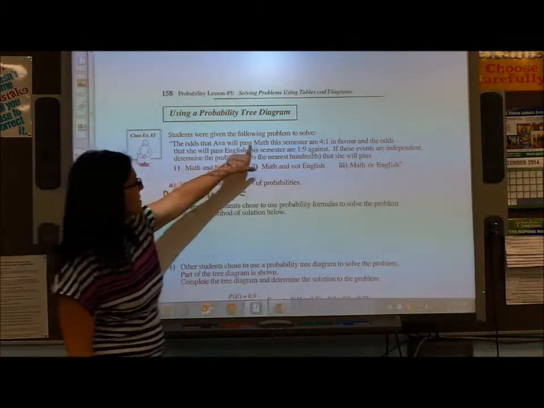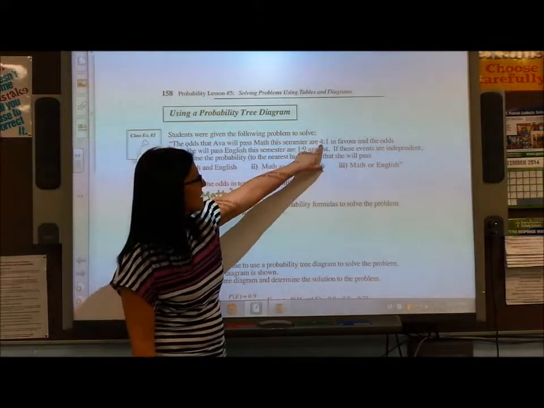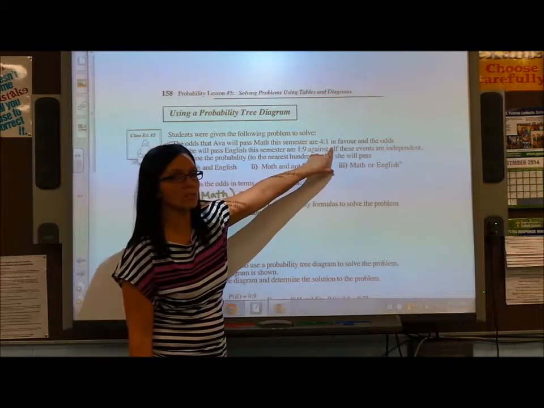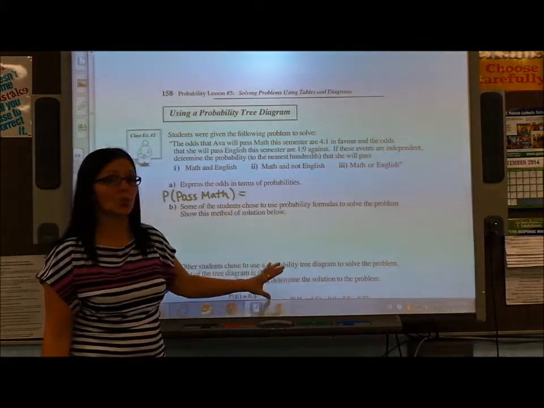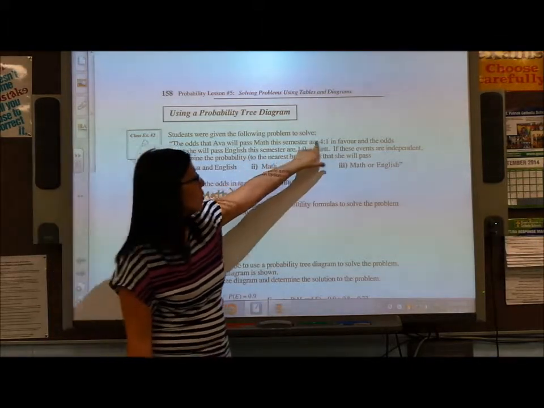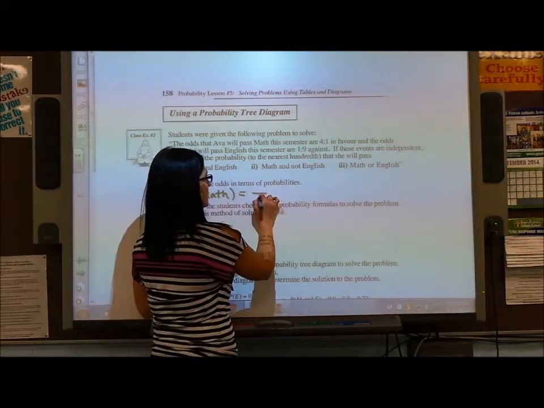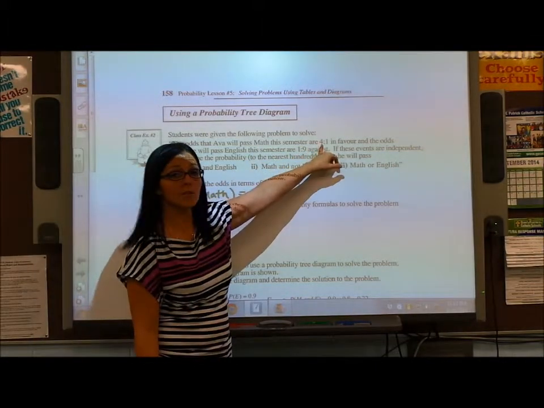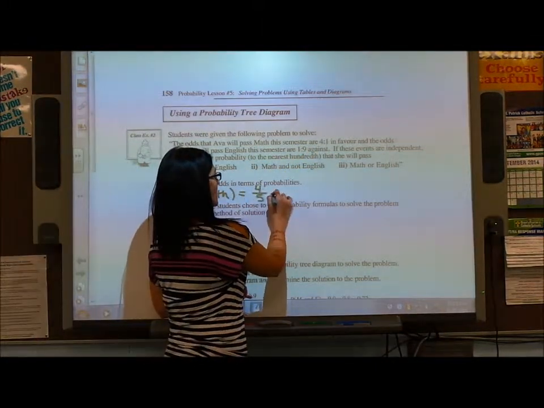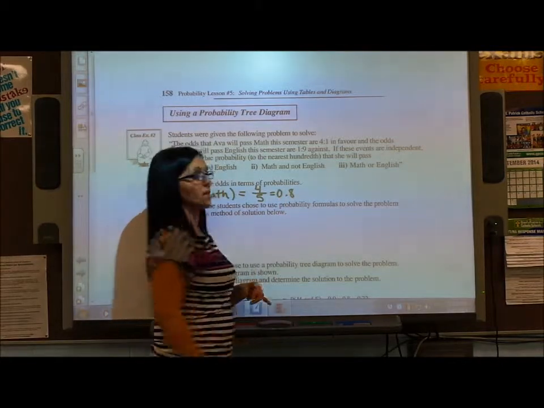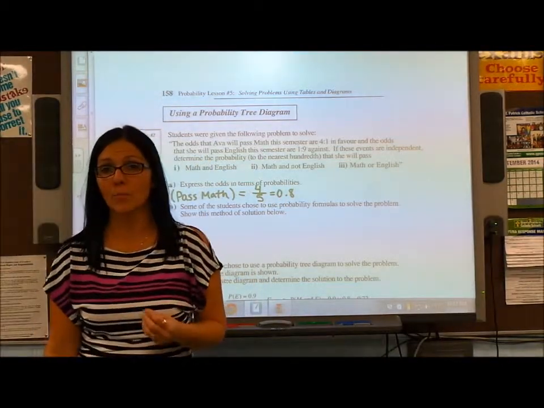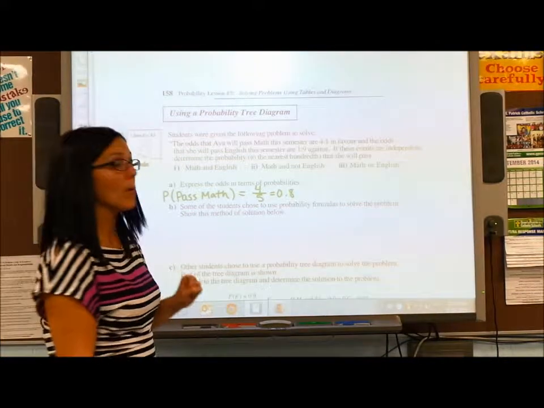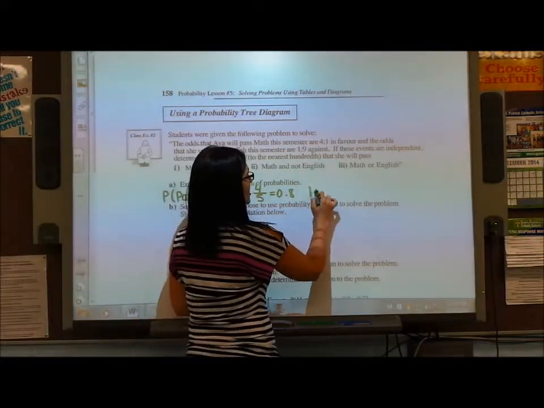Well, the odds in favor that she will pass math is 4-1. Probability is out of the total. So the total would be out of 5. The probability that she will pass math is 4 out of 5. So that's 0.8. That's the probability that she's going to pass math. The probability that she will pass English